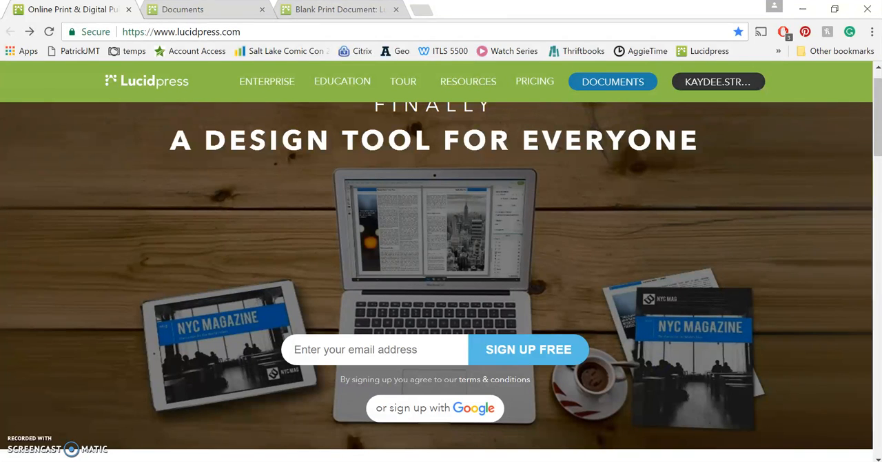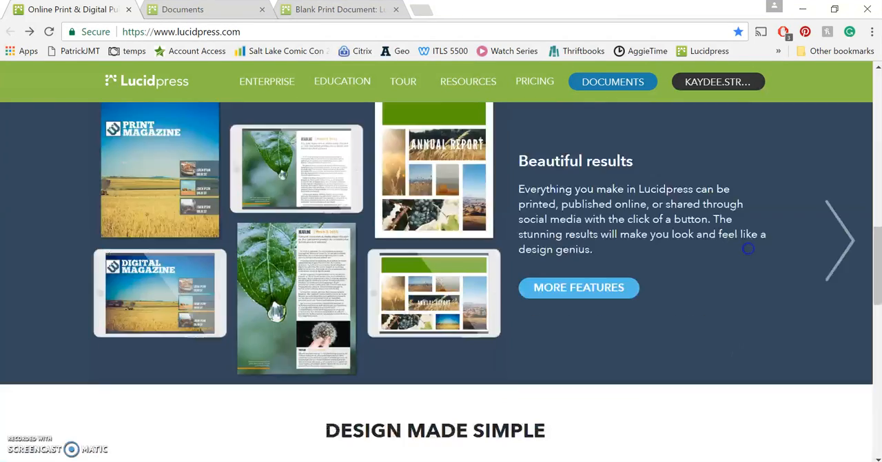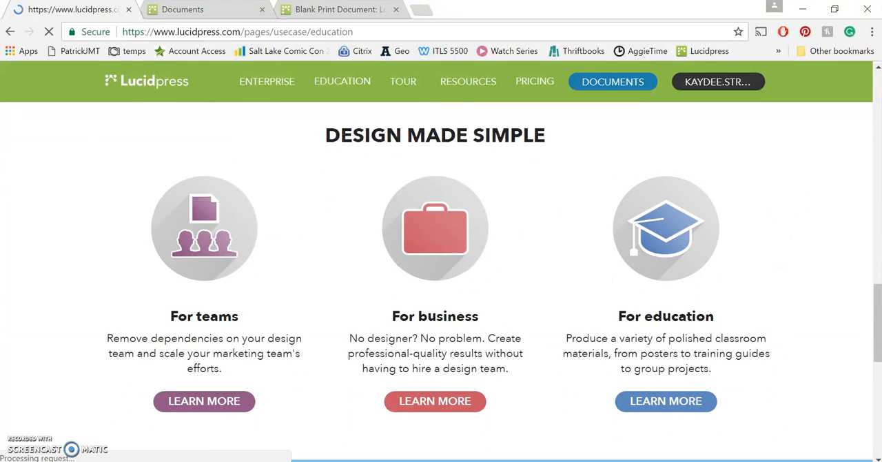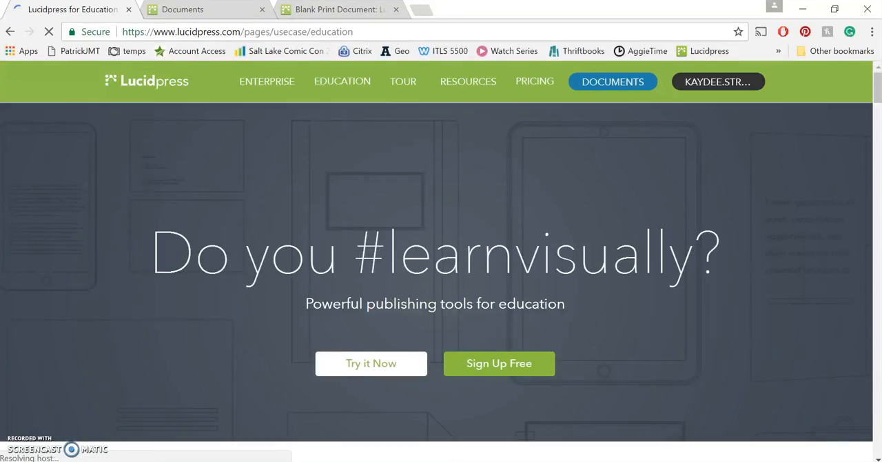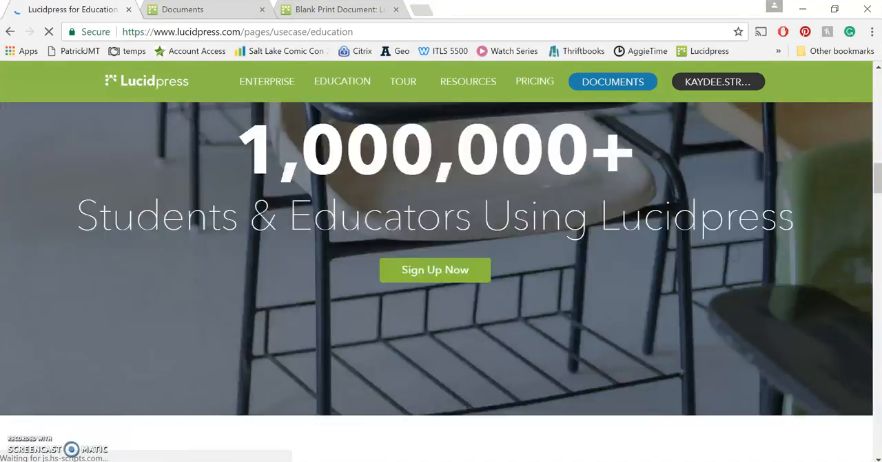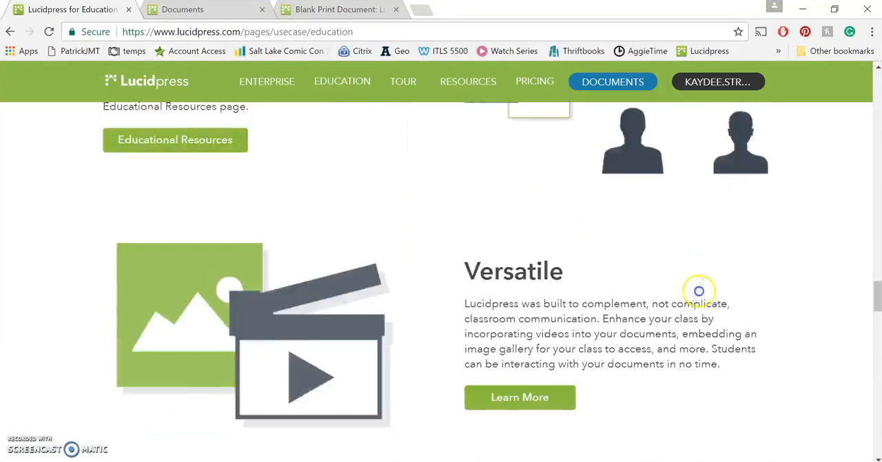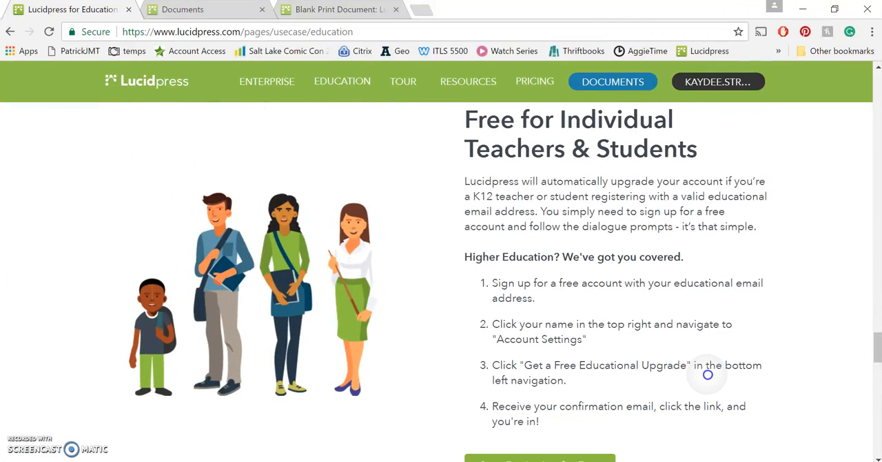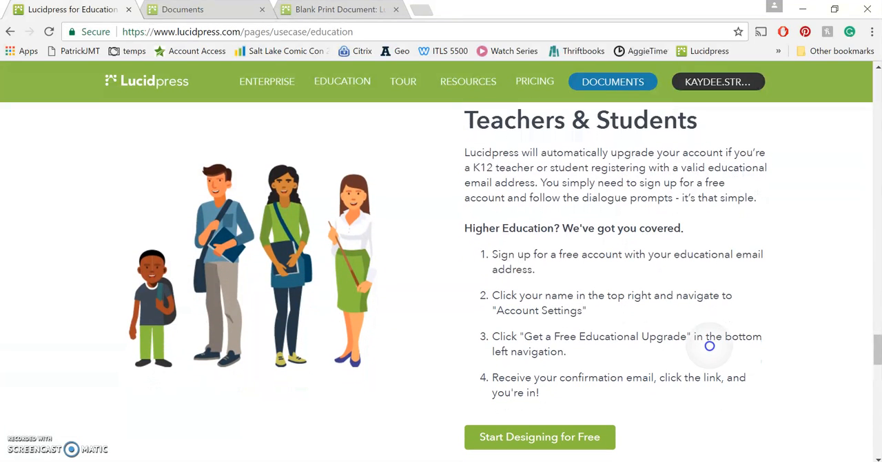After, if you're a student or a teacher, what you'll want to do is scroll all the way down here to For Education. So you have For Education. You got to scroll down for a little bit, and you come all the way down to this one right here. So it's the free for individual teachers and students, and it will automatically upgrade your account if you are a K-12 teacher or a student registering with a valid educational email address. So if you have anything that's like .edu,